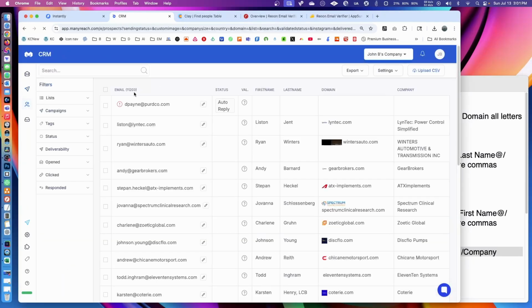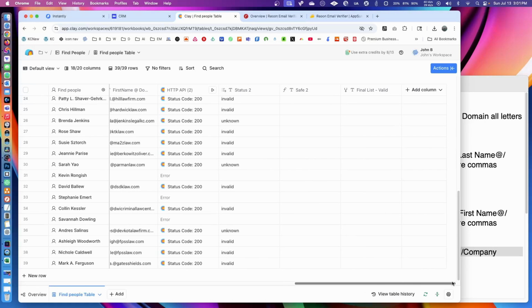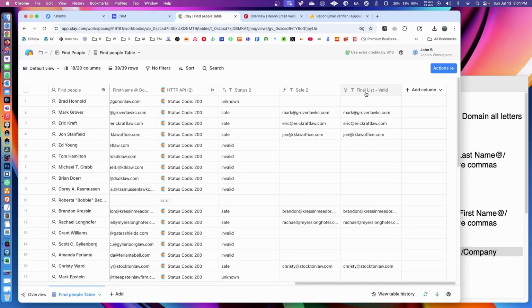And so 11,000 addresses, and all of those are either from Leads Sniper or clay.com using this method that I just showed you. So that's it. If you have any questions, I'll say there is one last thing here. Now that you have all of this stuff in here and you have your valid list of email addresses,